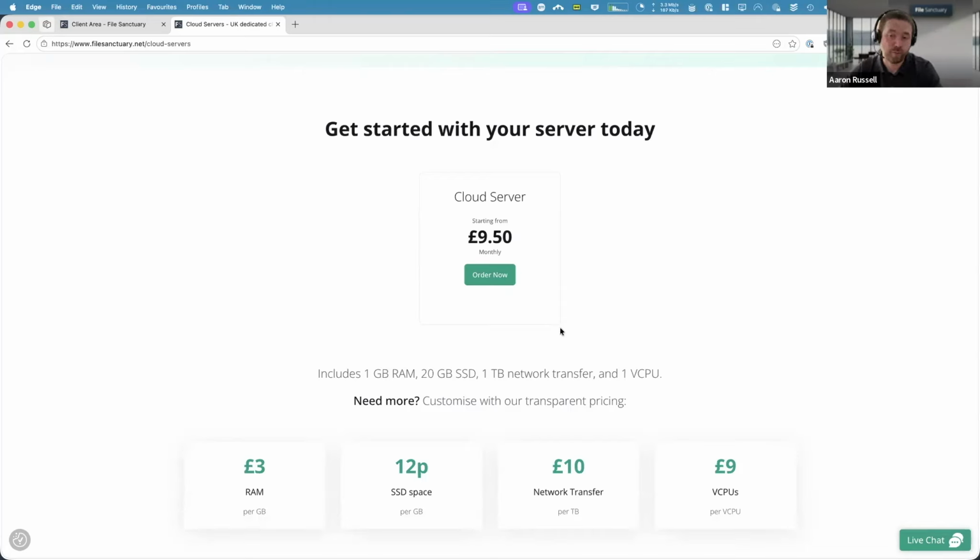You can choose from a wide range of operating systems. Out of the box, we support Ubuntu, Debian, Alma Linux, Windows Server. We offer SPLA licensing for Windows Server, and we even support FreeBSD. Optionally, we provide management for cloud servers, which is something that some of our customers want, particularly our non-technical customers, but obviously for you guys, I imagine that's where you're wanting to be adding that value. So if you don't want that, that's fine. You can have it completely unmanaged. We'll just ensure it's connected to power and network, and you can handle everything from there.